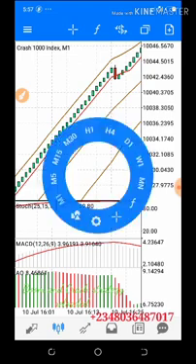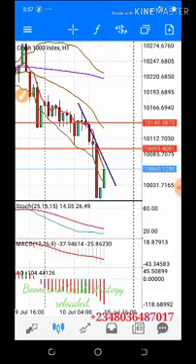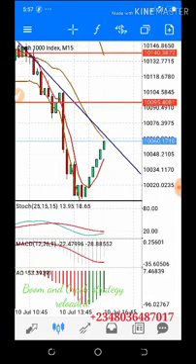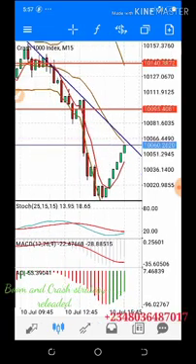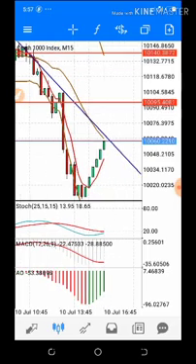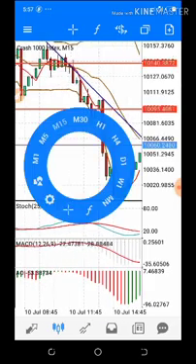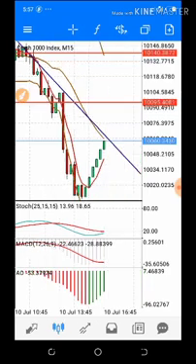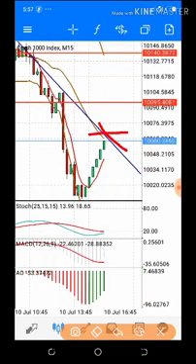It seems crash is currently on the uptrend. Okay, it's currently on the uptrend on the 15 minutes time frame, but it's likely to sell right now because of this trend line I drew. Because of this resistance, you can see it's trying to touch that resistance again. You can see it's trying to touch the trend line over here. So when you sell over here now, it's likely to spike.